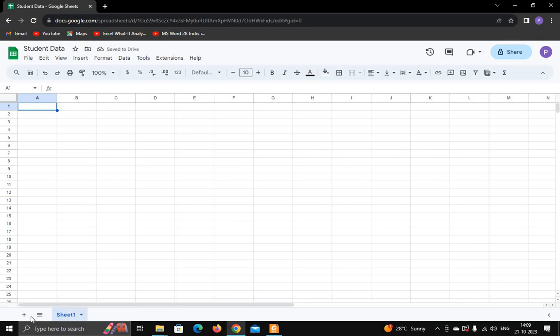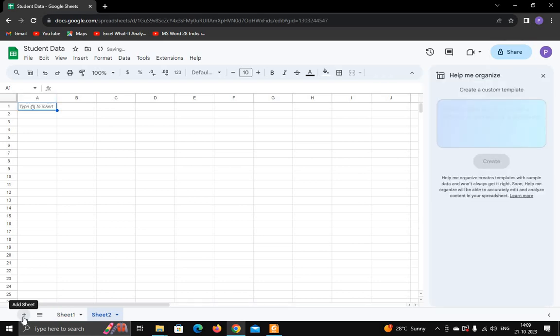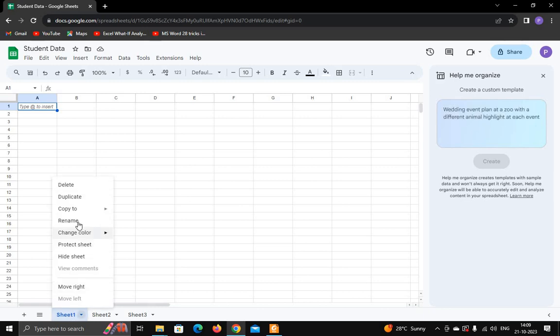you can see the sheet 1, and if you want to add multiple sheets you can click here add sheet. So you can add as many sheets as you want. And now if you want to rename a sheet, just click on the sheet, right click, and you can rename it. So rename,